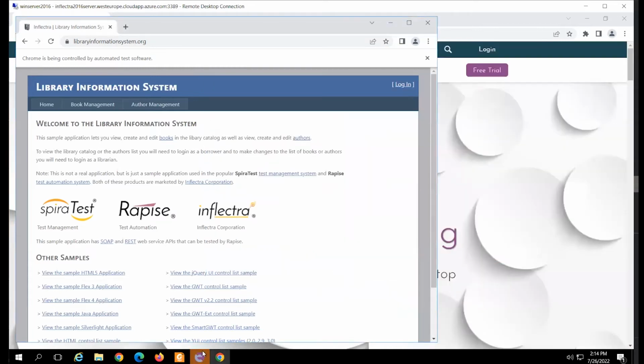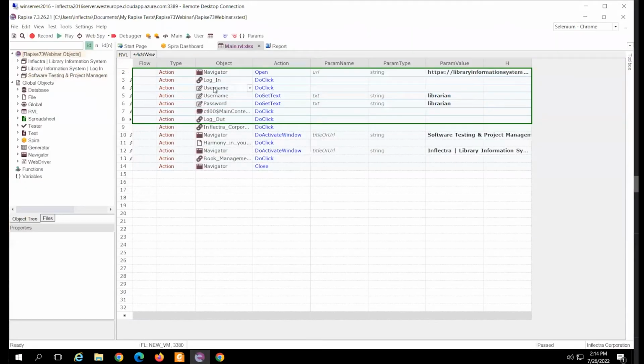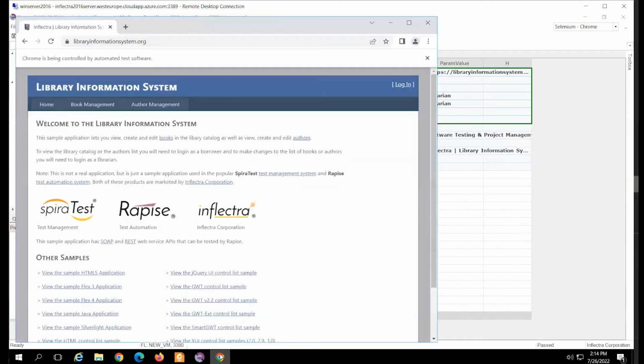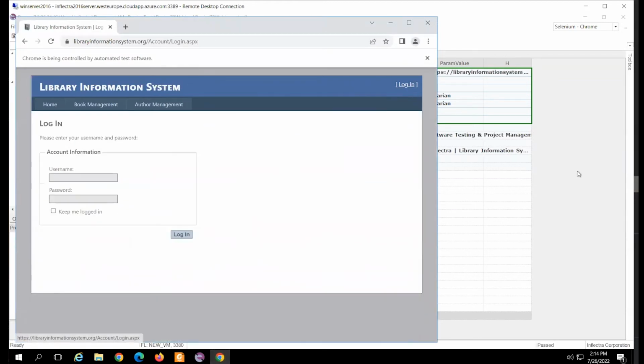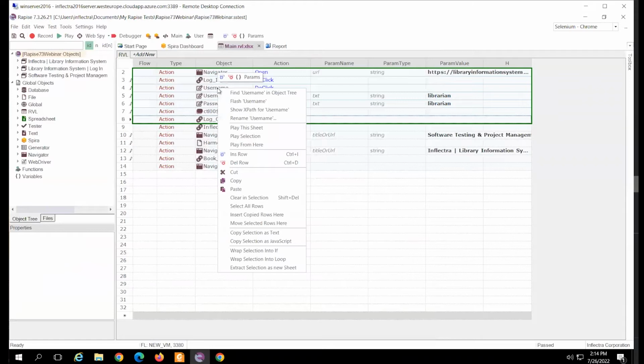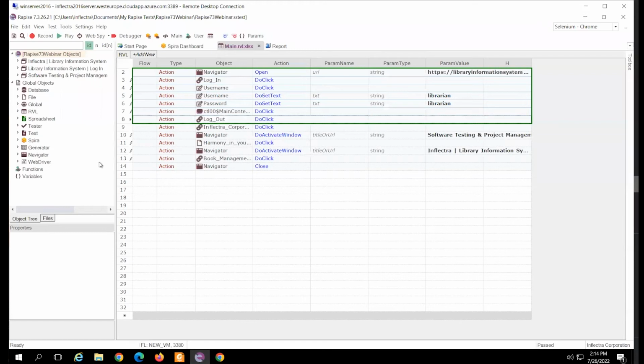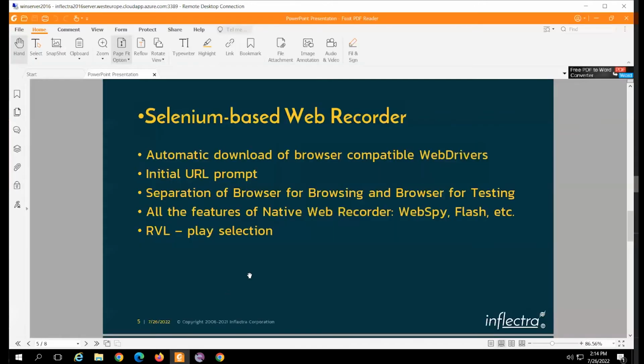Let's cancel. And let's now, for example, do Flash. Oh, there is no username here. I can click on the login myself. And let's flash username. Flash also works. Okay, here we go. So this is the new recorder and its features. What's next? Next, we will talk about